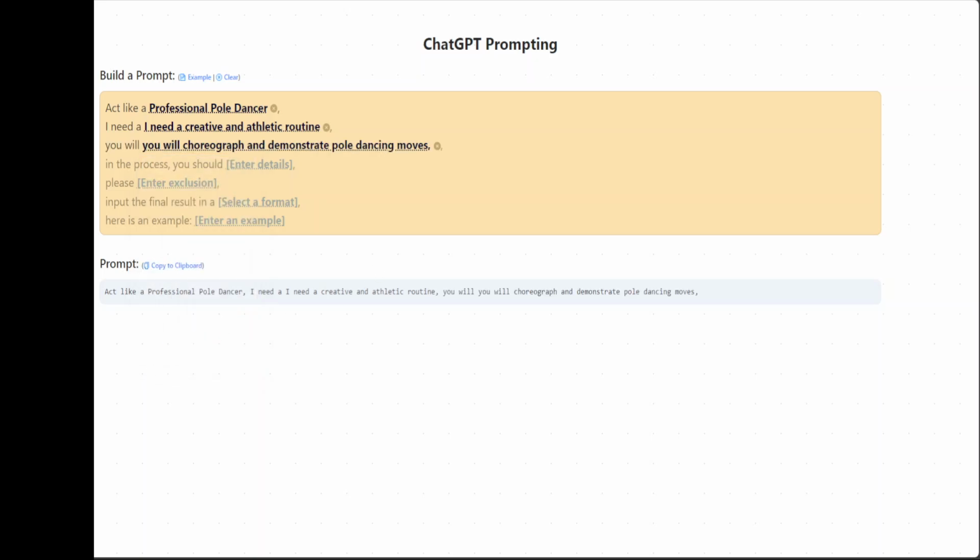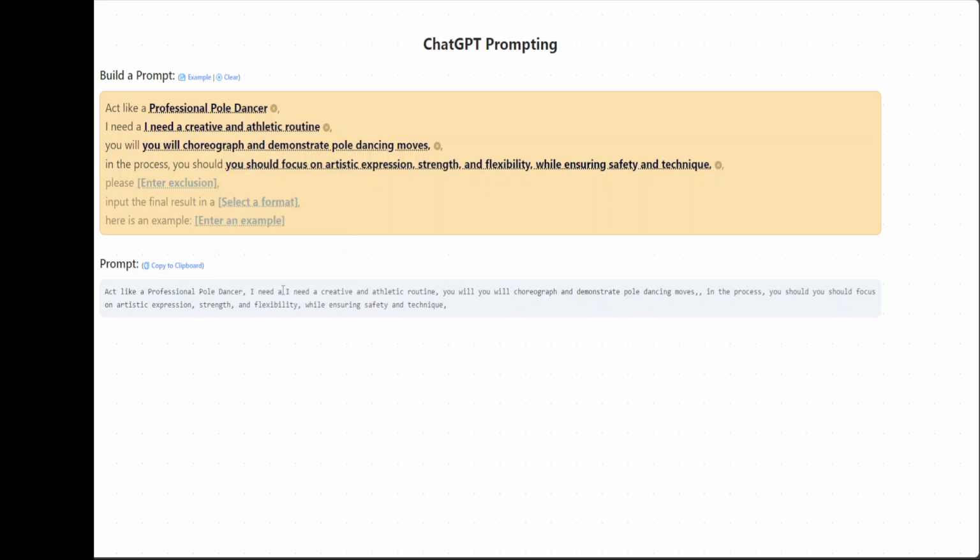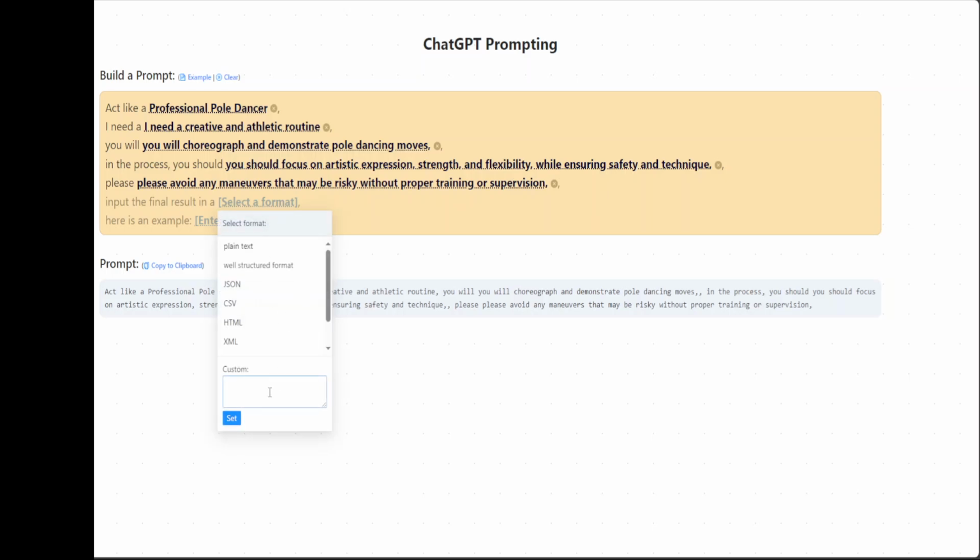There you go. And now also in the process, I just want it to focus on artistic expression, strength and flexibility while ensuring safety and technique. I'm just entering it here. Set. And then I also want to exclude any maneuvers that would be risky. There you go. And then for the final result, I want, let's say, a descriptive step-by-step format. I'll just go with custom,